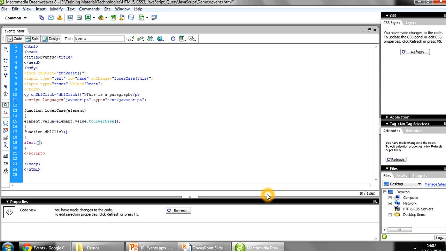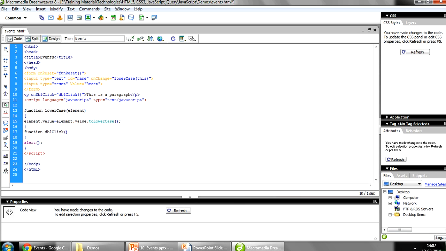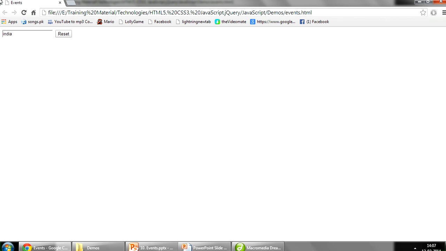It will be the same as the click, or you can use it when you double click any element. Element is double clicked. So let's save it and refresh it.